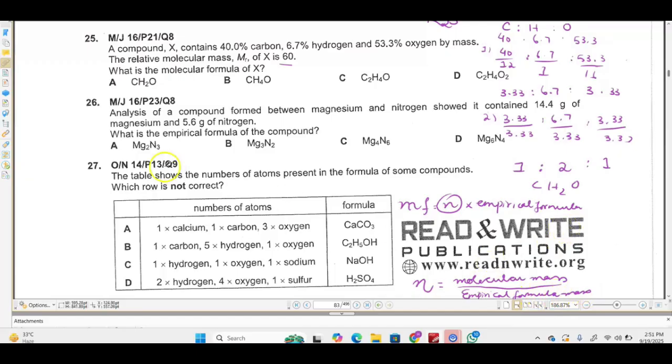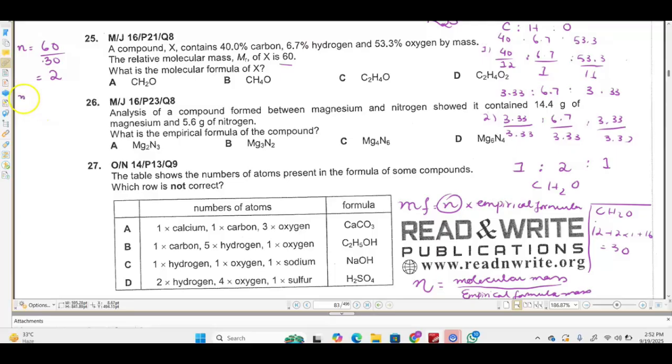Okay? So what is the empirical formula mass? We can do it here. CH2O. For carbon it's 12. For hydrogen it's 2 times 1. For oxygen it's 16. So this gives us an empirical formula mass of 30. Okay. Now once we have this, we can simply put it in this formula. Molecular mass is 60 as given in the question, and empirical mass is 30. So 60 divided by 30 gives us 2. So the answer that we get is 2.